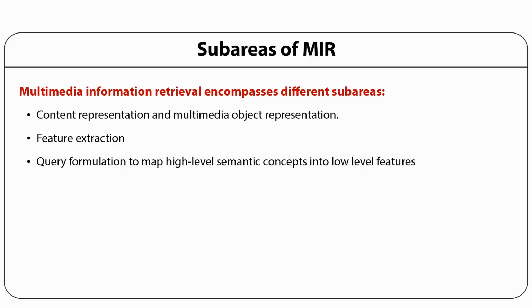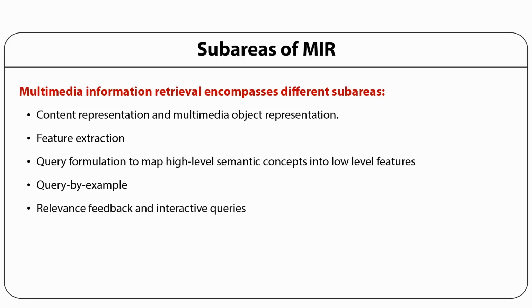Another area of multimedia information retrieval is query by example. This involves searching by providing some kind of example, not just by providing the text or something, but searching with the help of giving some example. For example, you might be aware there are some online audio retrieval systems where you can sing a song, and on the basis of your humming, similar audio is retrieved. So this is one example of query by example.